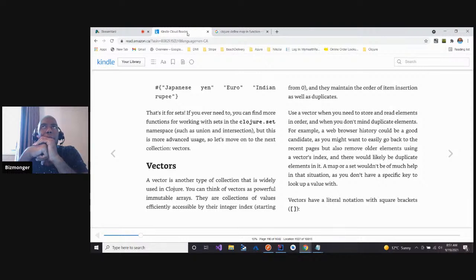In a dictionary, you can't have duplicate key value pairs. The whole point of a map is it's a dictionary, and the whole point of a vector is just a list.